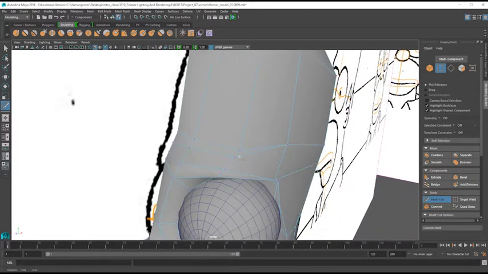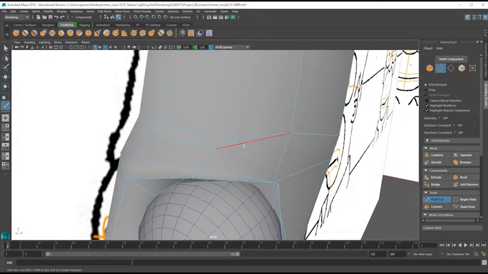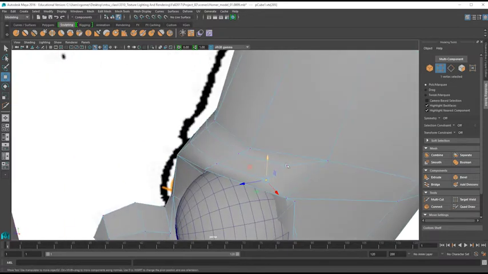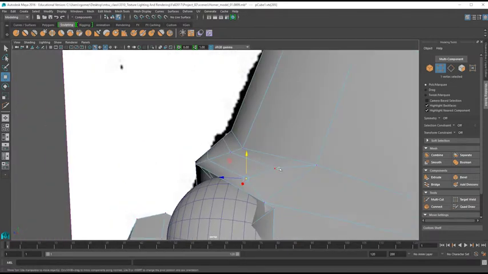So I'm generating some sort of extra row of polygons here that will raise up out to become the eyebrow. The only challenge that I have right now is that I have a triangle here and I have a triangle here, and this is a quad. So the solution for that is me cutting this one from here to here. I hit enter, and now I can move this one down and this one up, and you start seeing that I have quads everywhere, and I can start pushing these guys out